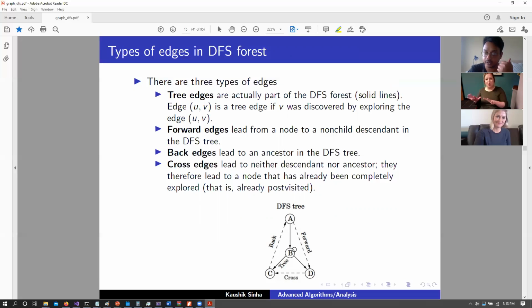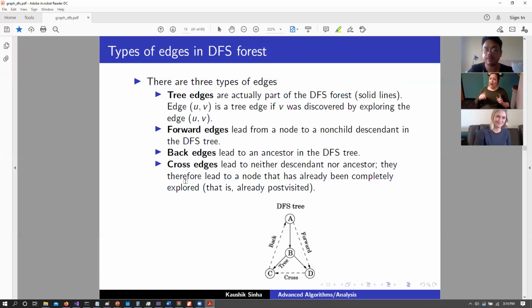Then we also have backward edges, where a particular child node has a direct connection back to the parent node. Here, child and parent basically come from our pre-visit and post-visit numbers. So when we have back edges, it basically means that we are not using C to explore A, but instead we used A to explore C. So a back edge could be an edge connecting back to A, but it is not part of the DFS